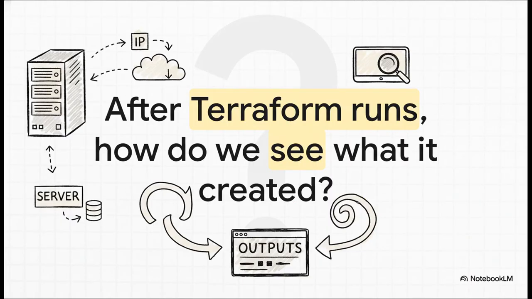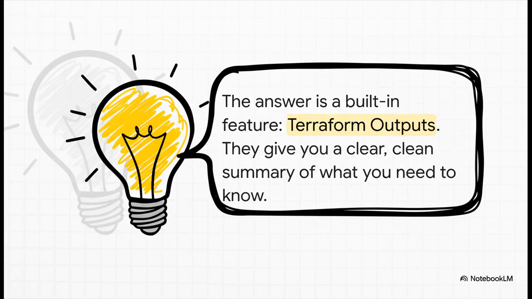I mean, this is the big question, right? It's what every single person asks when they're starting out with Terraform. You've written the code, you've run the command, but what you get back isn't always obvious. So how do you find those specific, really important pieces of information you actually need, like an IP address or a server's name, without having to dig through pages and pages of logs? Well, thankfully, the answer is a simple and, honestly, a really powerful feature that's built right into Terraform, and that's outputs. They're designed specifically to cut through all that complexity and just give you a focused summary of the exact